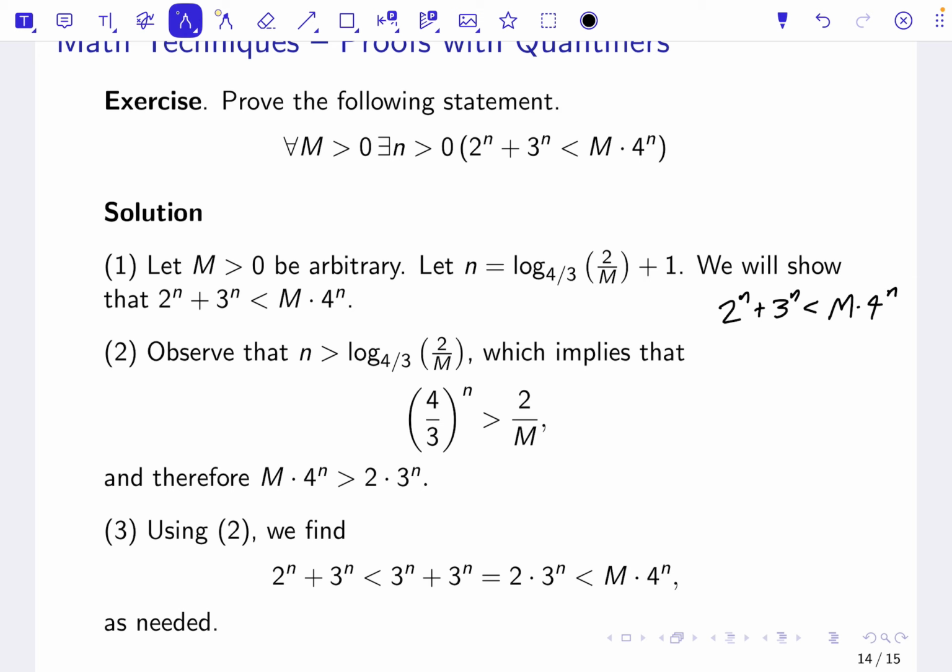So for this, we're not even going to make any guesses about n immediately. We're just going to notice that because of how exponentiation works,